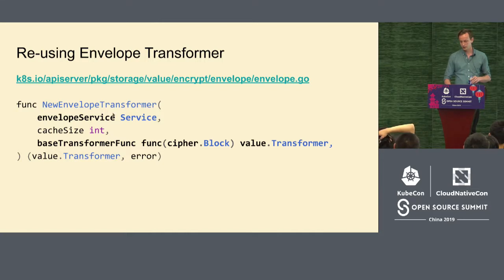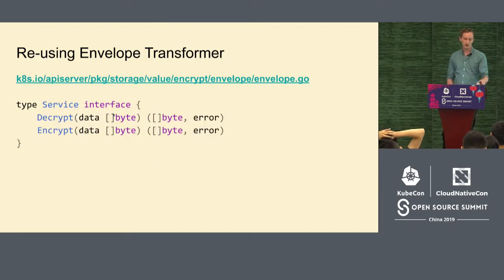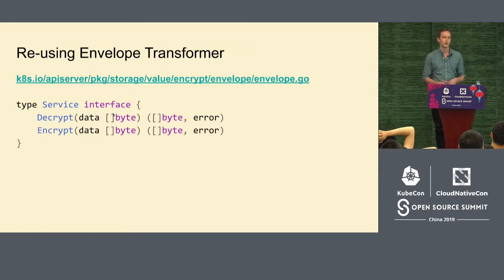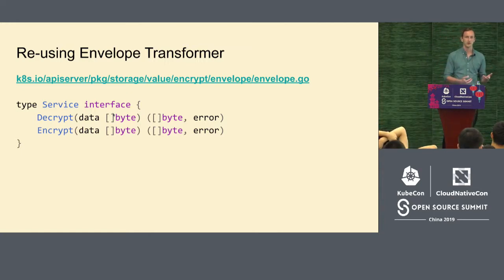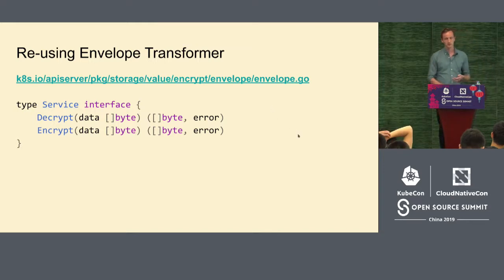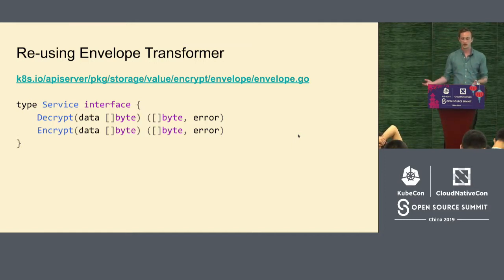The other part is the envelope service, and that's actually an interface. It has just two methods, and it's used to encrypt the DEK with a KEK. So the idea is that the service is some sort of a remote service that doesn't expose the KEK to you in plain text. So we could potentially implement the service interface for a lot of possible KMS providers like Vault or Amazon Key Management Service, but following the Kubernetes philosophy, we don't actually want to put any third-party, any vendor code into the upstream Kubernetes repository. Instead, we want to provide a standardized extension point and